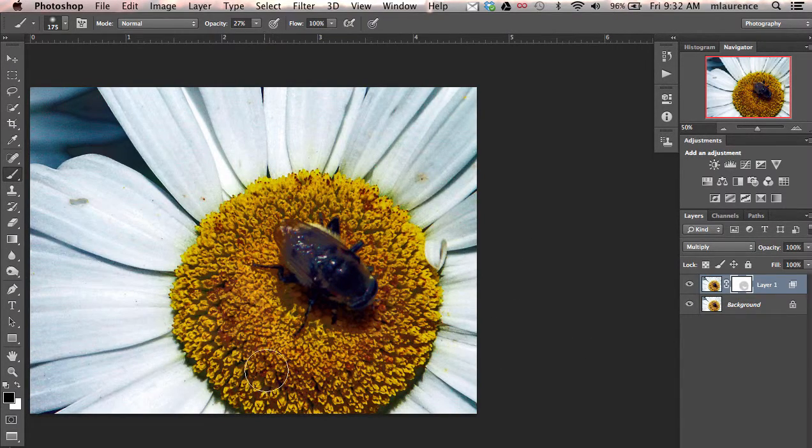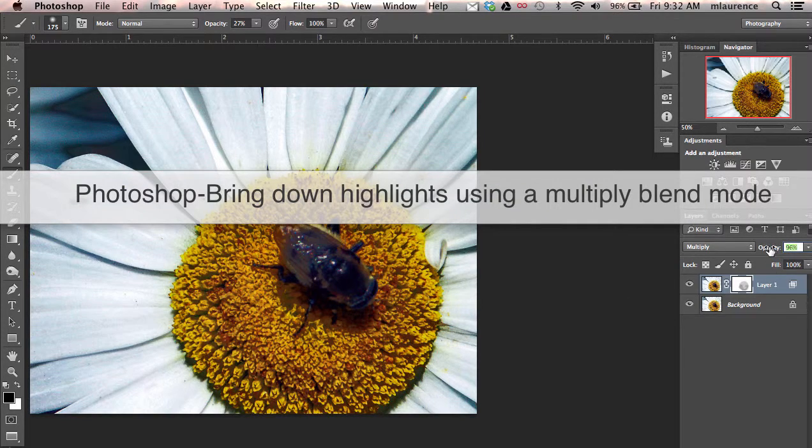It's coming along much better. You can also reduce the opacity of this layer